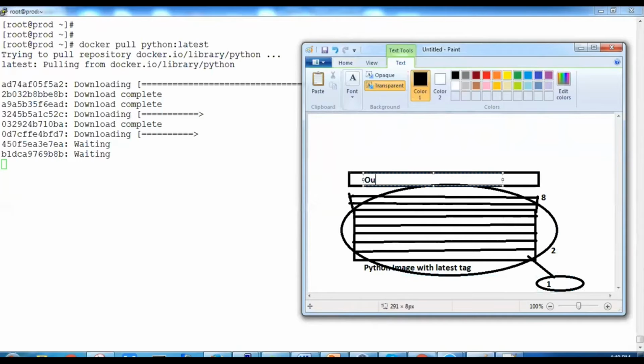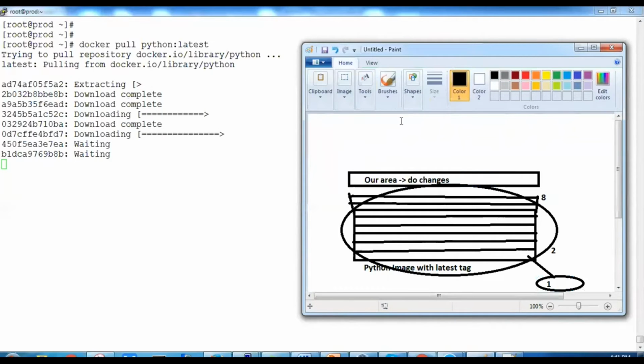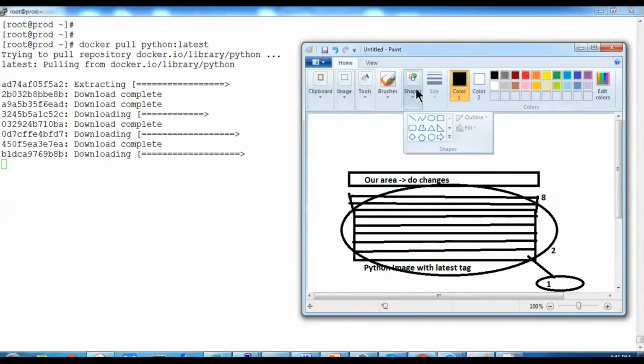What we can do is make changes on the layer which we have created. It's our area. Here we are going to do the changes. Once we do the changes, we are going to commit them, so the total layers will become 9. We'll label it 9. This will become the ninth layer.